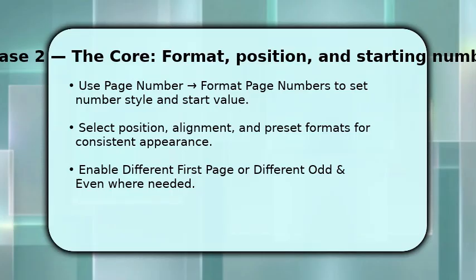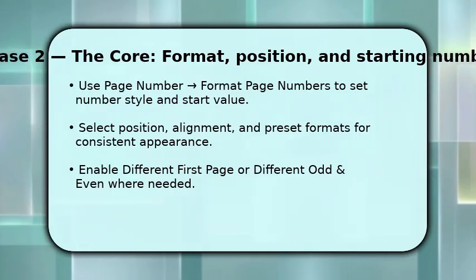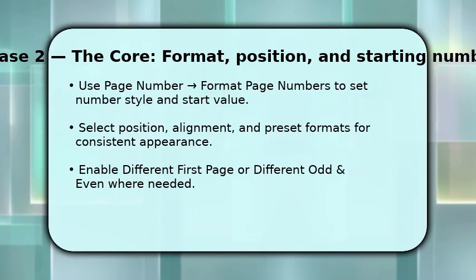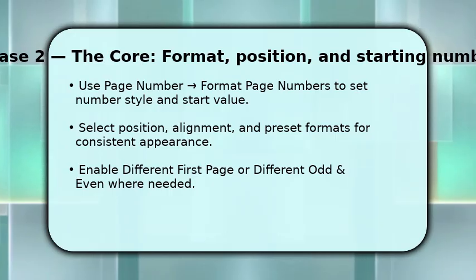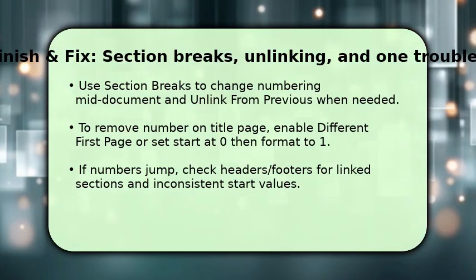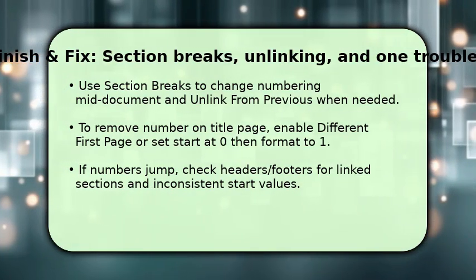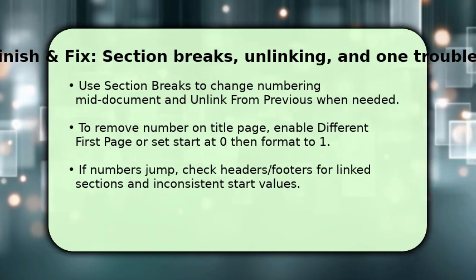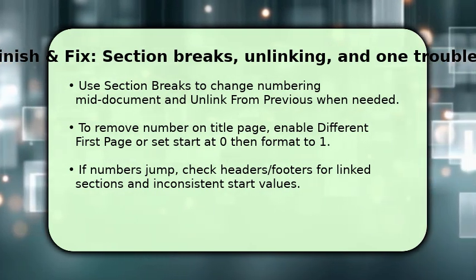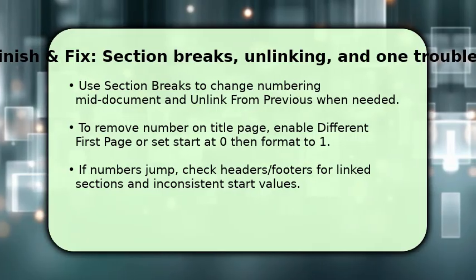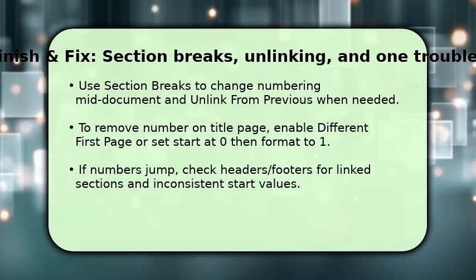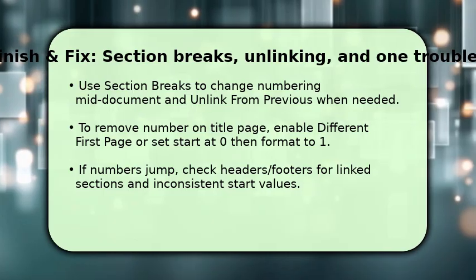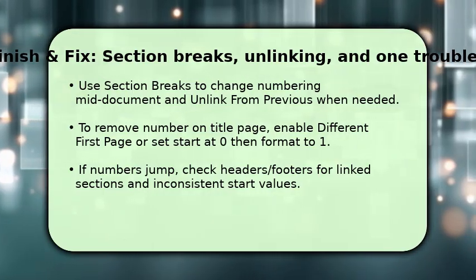If the first page is a title, enable different first page. And if you need varying layouts, use different odd and even. This ensures numbering behaves across sections. To complete the process, insert section breaks where numbering or format must change. Then open the header/footer in the new section and click Link to Previous to disable it when you want independent numbering. To omit a title page number, enable different first page or start numbering at 0 and format so the